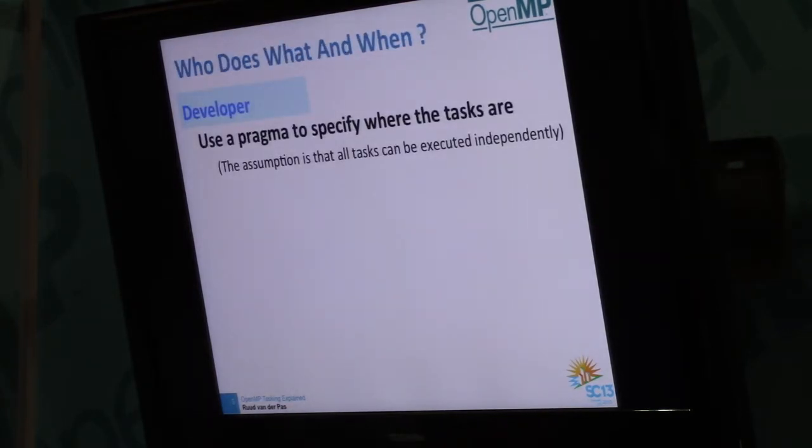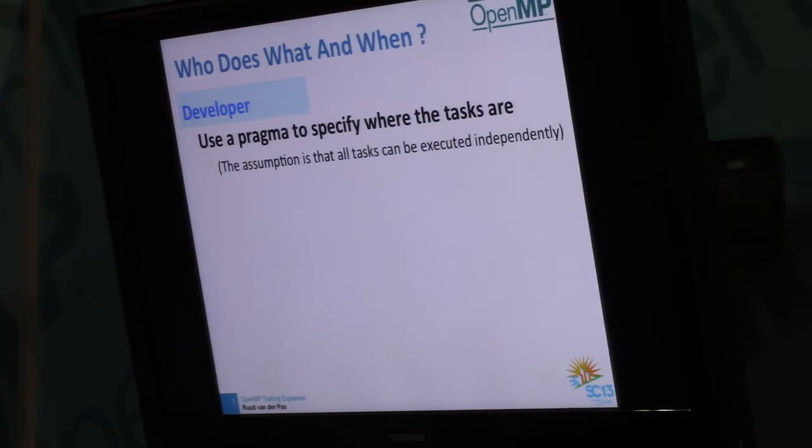So who does what and when? Your task is to find pieces of code that are independent. And again, you'll see examples soon, but you have your application, you have code blocks, and you know they can be executed independently. That's when you can use tasks. The user has to be responsible for making sure that there is no risk.